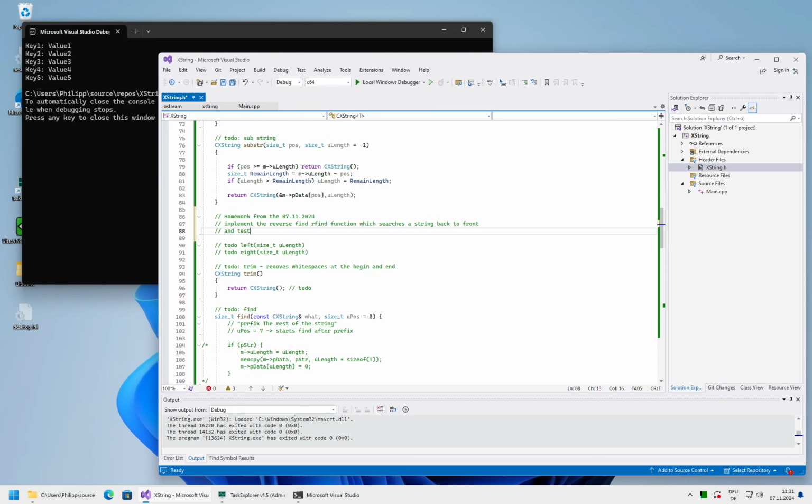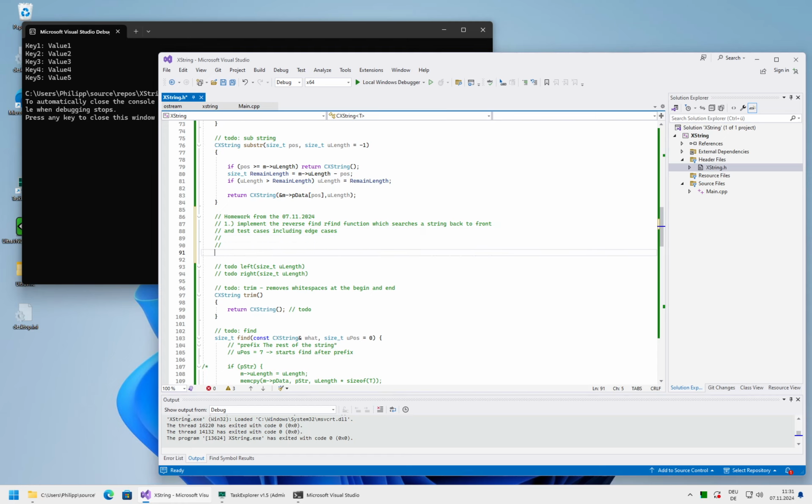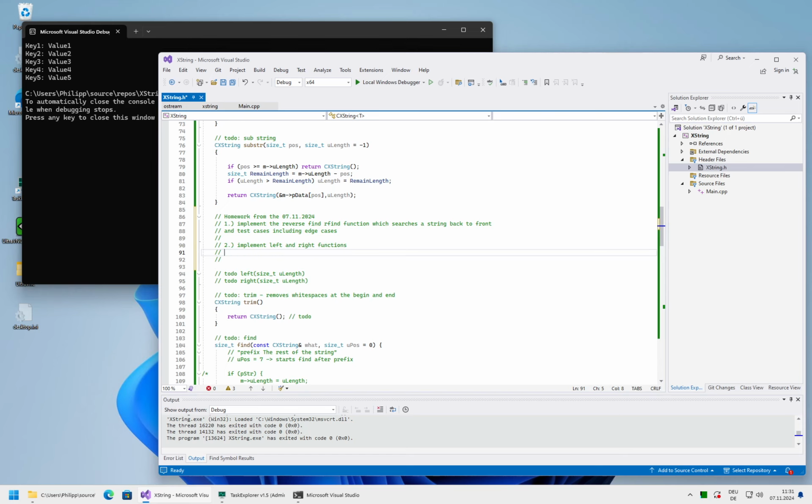And then we should probably, since we implemented substring, also implement left and right, as this is just a specialization of substring. So this is 1, and this will be 2. Left.